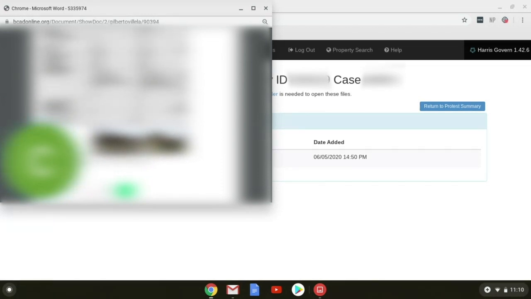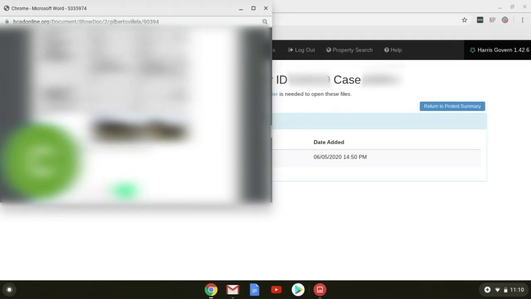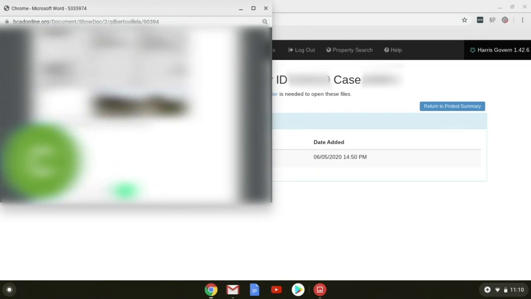And so I was able to make the case that, look, from your own comps that you sent me, the one that my house is most similar to is valued 15,000 below what you valued my home at. And so you've put my home at way above what the market is saying the value of my home is. So that's a very strong argument. And so that's basically what you want to focus on.